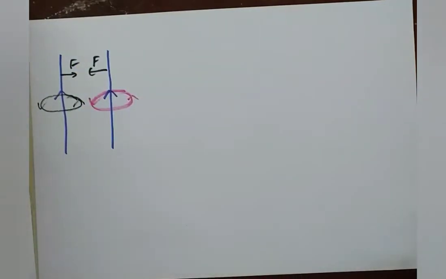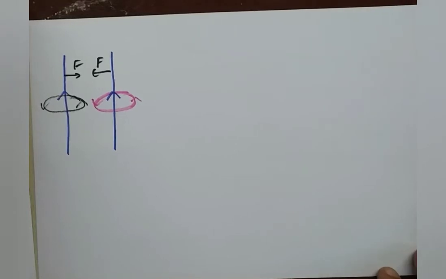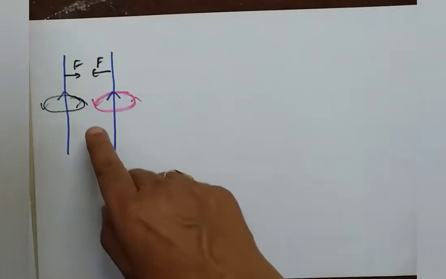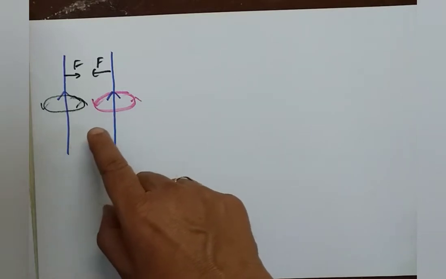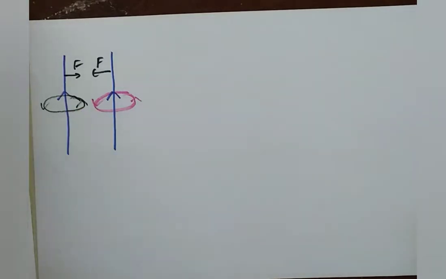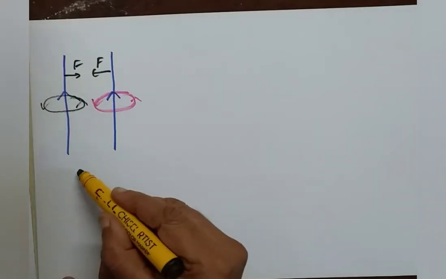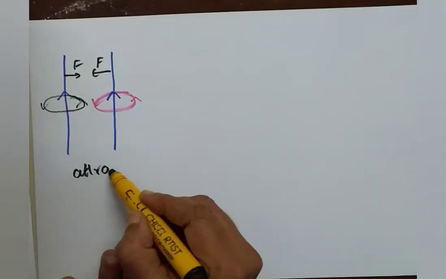And in this session we want to learn to derive an expression for that force F, and also we want to learn to define the ampere, the 1 ampere definition. That is the international definition, because you know ampere is the SI unit of current and it has its own standard definition. We want to learn it now. Before that, just observe, when two currents are in the same direction like this, there is attraction between the two conductors.